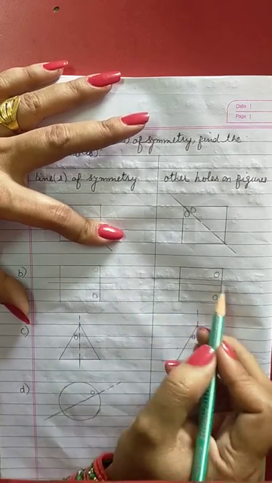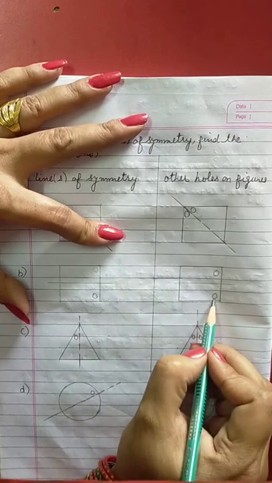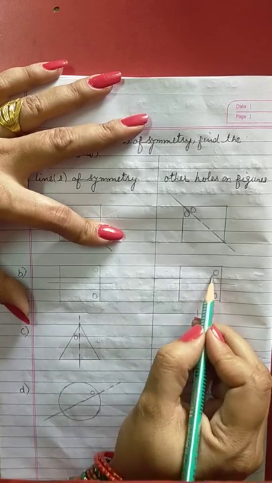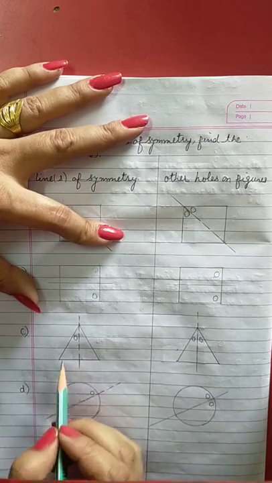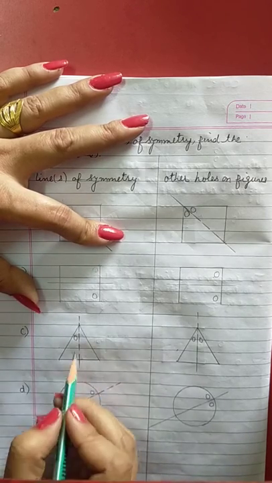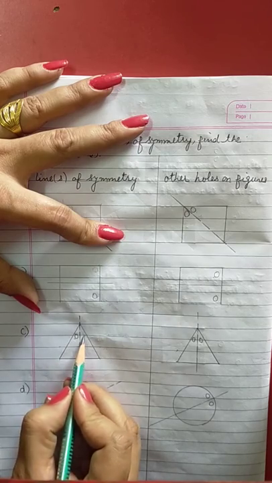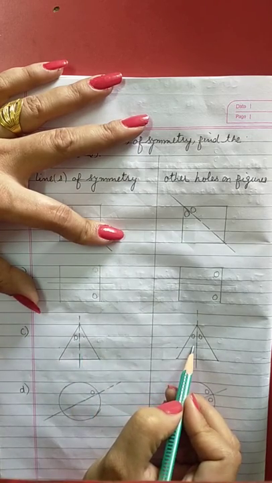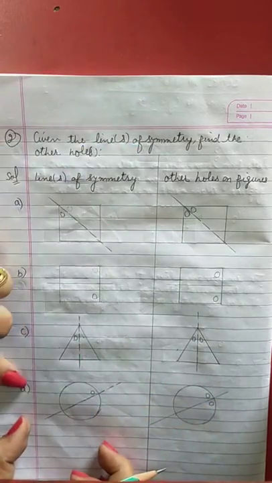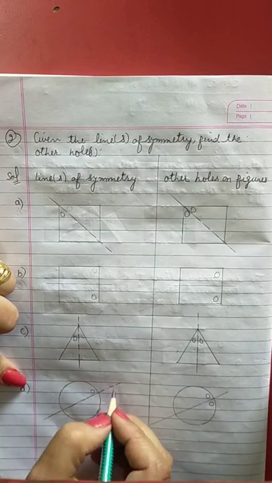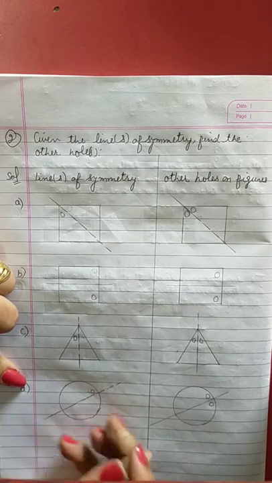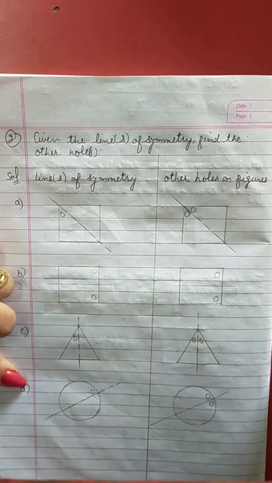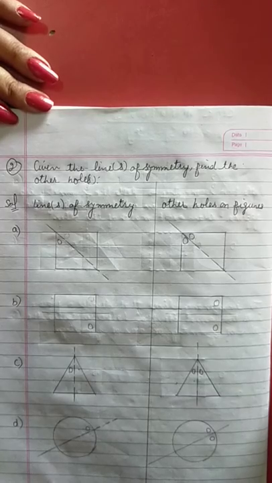So see here in this diagram, one hole is here, then on the other side of this symmetry the hole is here. Same here in C part, in this triangle, this is the line of symmetry. If one hole is here, the other hole will be on this side. See, I have drawn it in this diagram. Then same here in D part, this circle has this one as a line of symmetry and one hole is here, so the other will be here as I have drawn in this diagram. So in this way you can simplify question number 2.